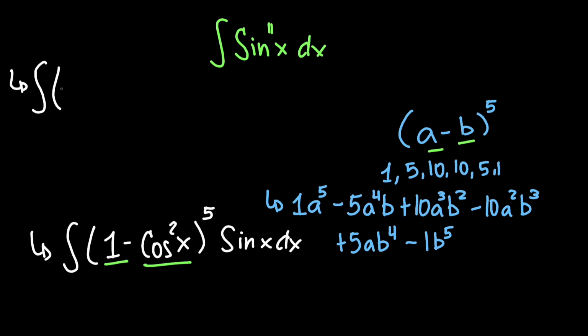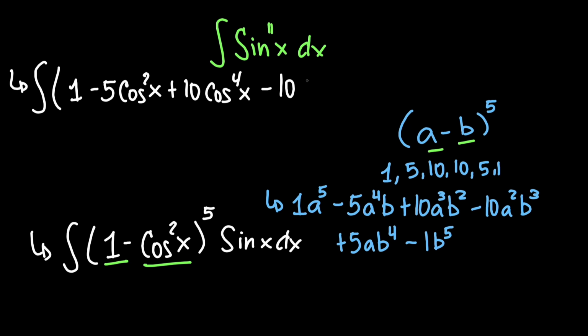this would be the integral of 1 multiplied by a to the power of 5 would be simply 1, minus 5 multiplied by a to the power of 4. It is only 1 again. Multiply it by b, which is cosine squared of x, plus 10. Once again, a here would be 1, so no matter how much power it has, it is only 1 again. B squared right here would be cosine squared of x to the power of 2, or this would be cosine to the power of 4 of x,